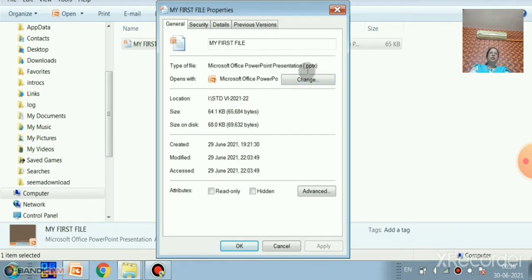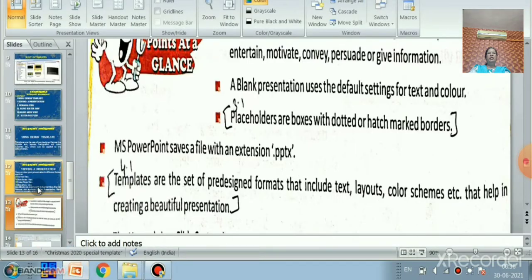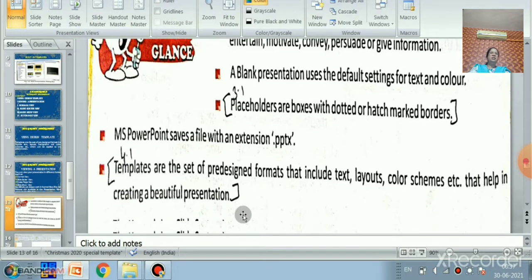So you can see .pptx. That means if it is a PowerPoint file, the extension is .pptx.